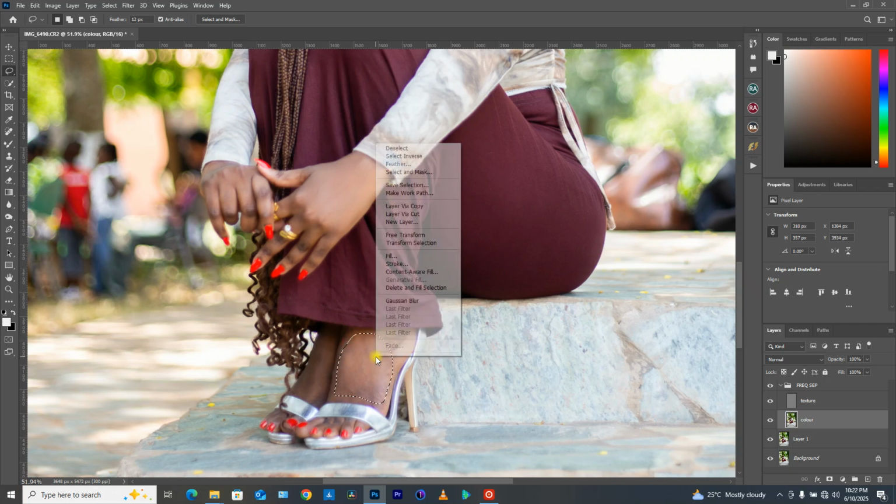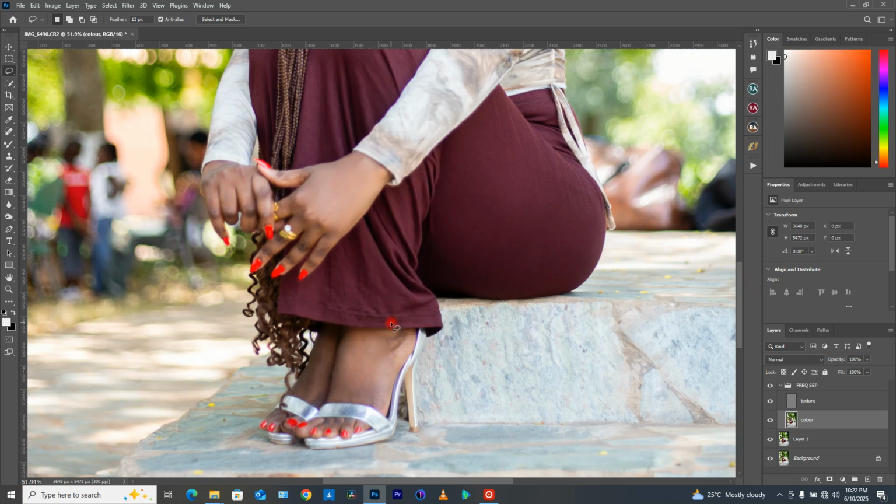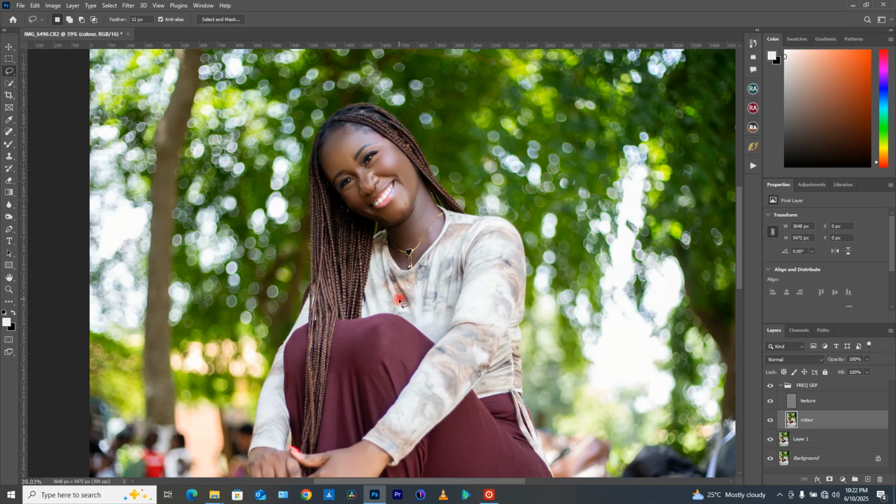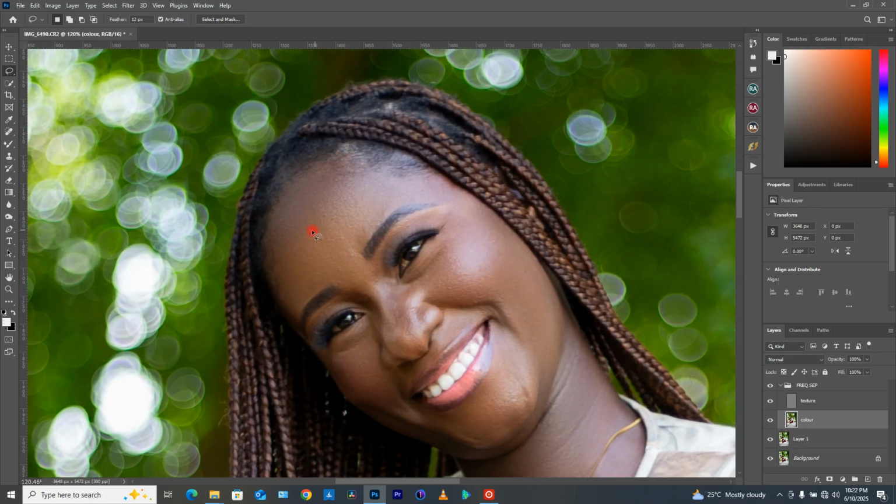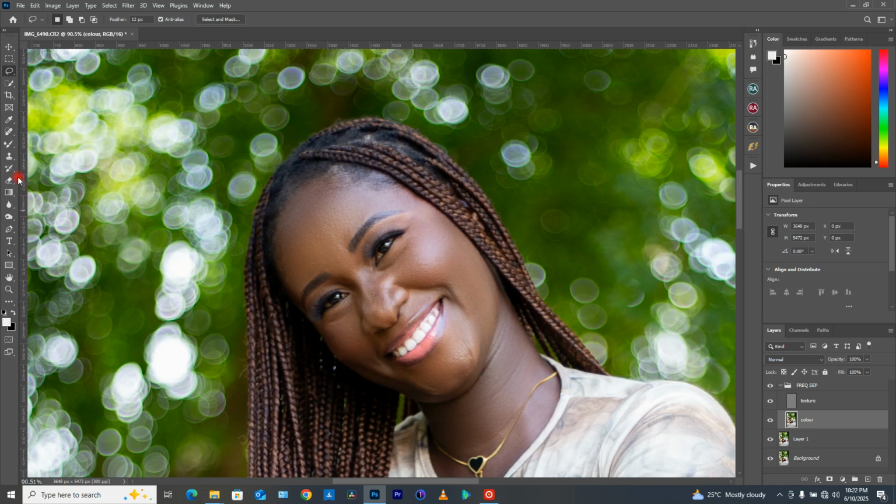I'm going to do the same and add it over here as well. Good. So now what you're going to do next is come to the brush tool, where the brush tool is, and then select the mixer brush tool. Now we have settings here. You need to check these settings before you continue applying the mixer brush tool on your subject